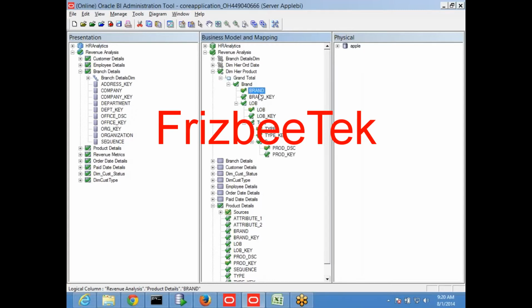If I choose brand, it will go to this level, but in this level I have two columns, LOB and LOB key. So you choose whether you want to display the LOB column or the LOB key column. Whichever column is chosen for use for display, only that column will be displayed. If you don't select anything for use for display, you will not get anything. This is a new feature in 11. Earlier, in 10, it was not there.